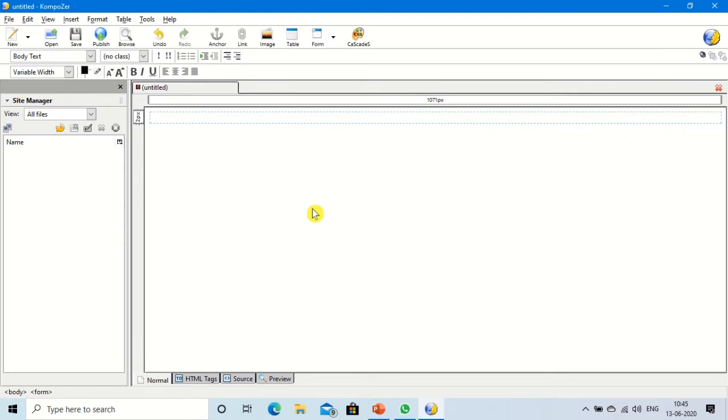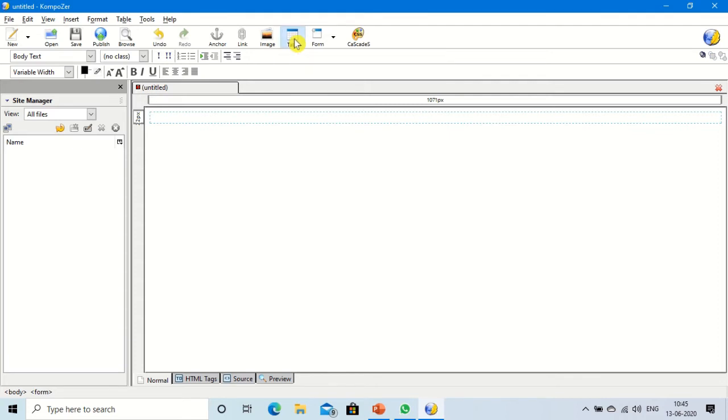Once the form has been created, you will see the flashing border around this. Now this form is empty. The elements are not there. So we will know how to create the element. Before creating the element, we have to use the table tag to make it more attractive and better formatted.